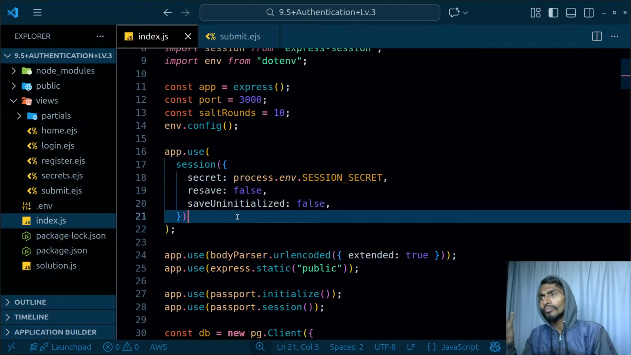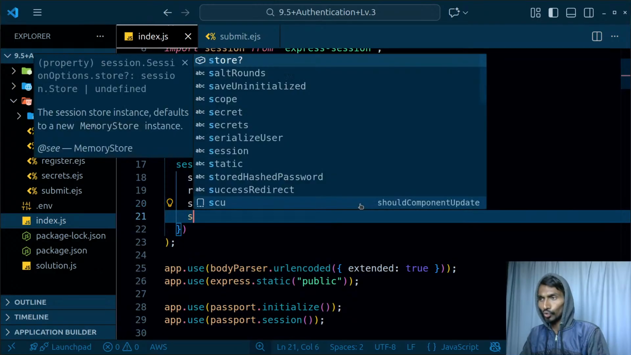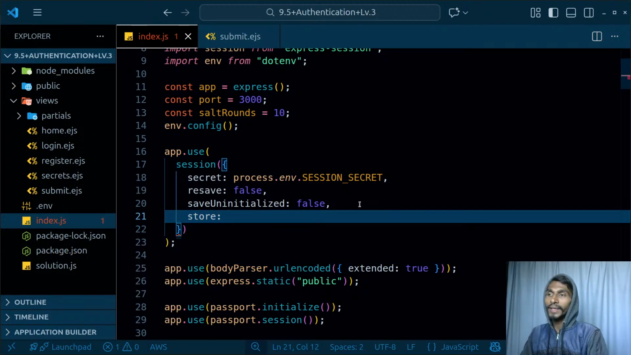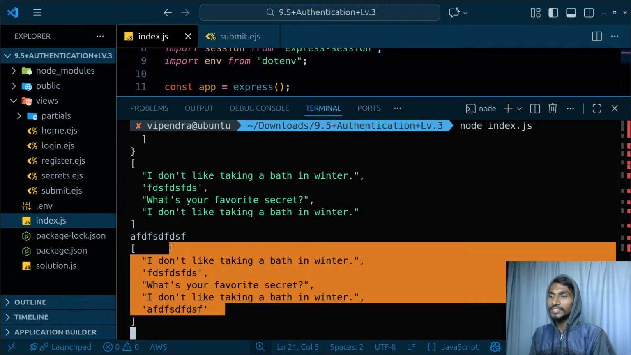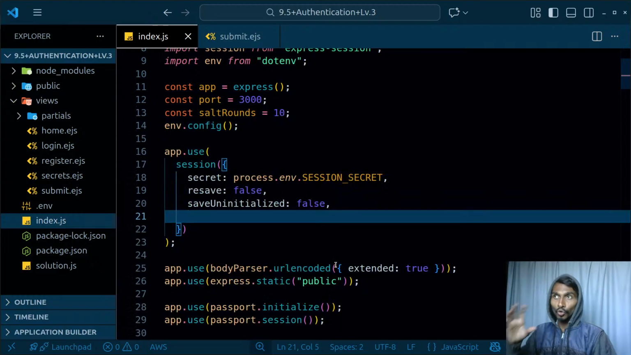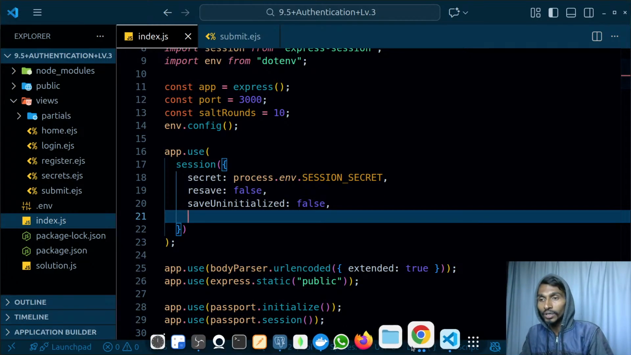And after that, there is something called store over here. You can actually add any store. Right now there is no store, that means my memory store is being used. Memory store of what? Memory store of this particular server. So right now my server is running on 3000 port. So that server's memory is being used for storing the session. Session is getting stored. Okay, so whenever you will log in with ID and password,